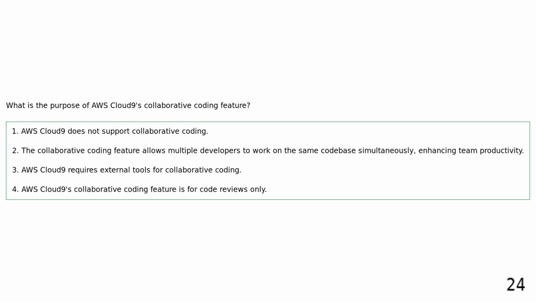What is the purpose of AWS Cloud9's collaborative coding feature? AWS Cloud9 does not support collaborative coding. The collaborative coding feature allows multiple developers to work on the same codebase simultaneously, enhancing team productivity. AWS Cloud9 requires external tools for collaborative coding. AWS Cloud9's collaborative coding feature is for code reviews only. AWS Cloud9's collaborative coding feature enables real-time teamwork by allowing multiple developers to work on the same code base, thus